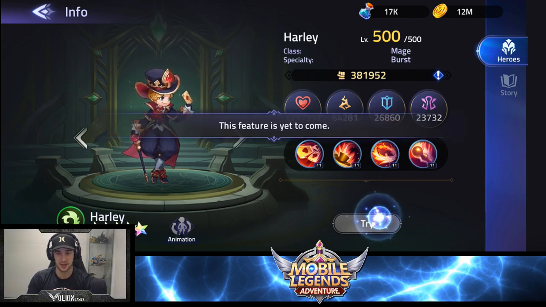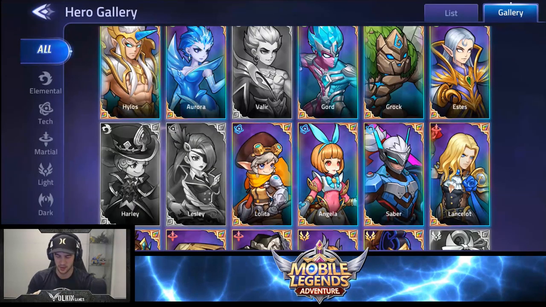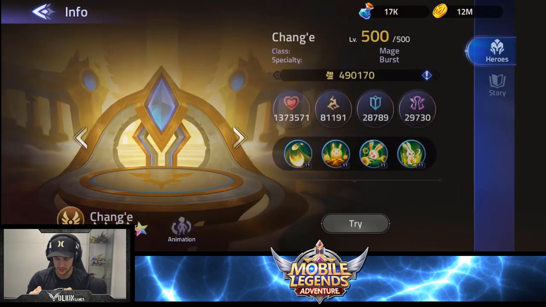I can't wait for when they unlock this try feature so we can actually test them out and see the animations. But let's see his 2D animation. Not too bad. Like, the 2D art in this game is wicked. So that's him. The next hero we got is...